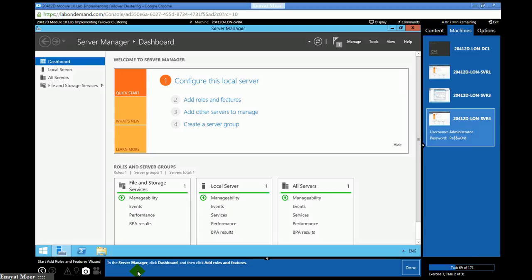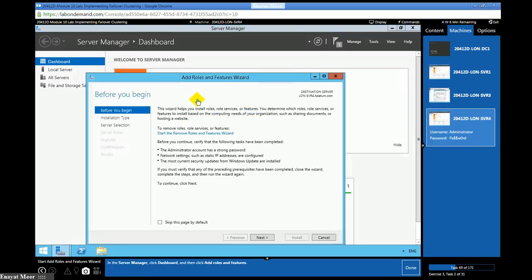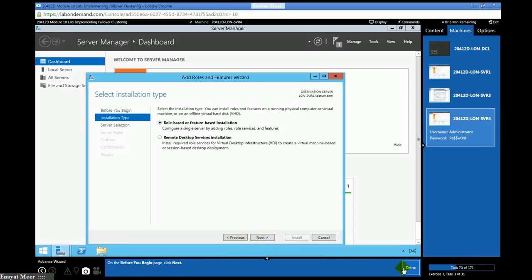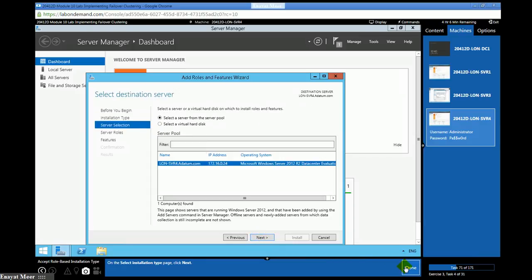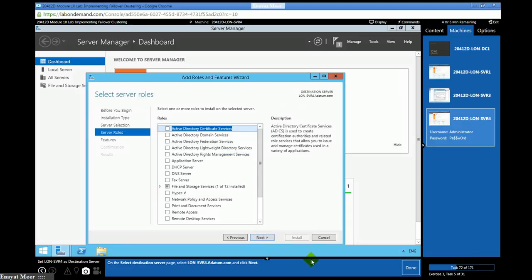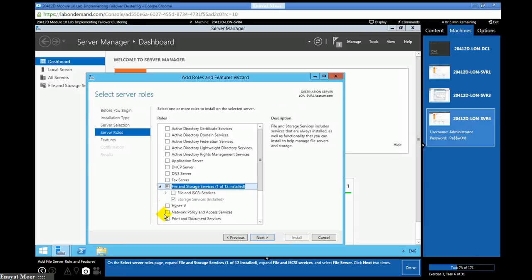You are going to go into LON-SVR4, where you're going to run Add and Remove Roles and Features. It's a very normal procedure. You can click next twice.